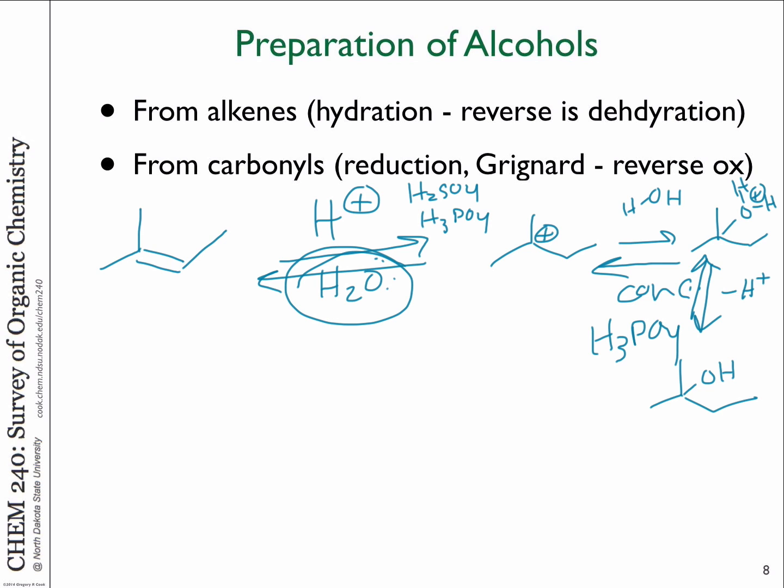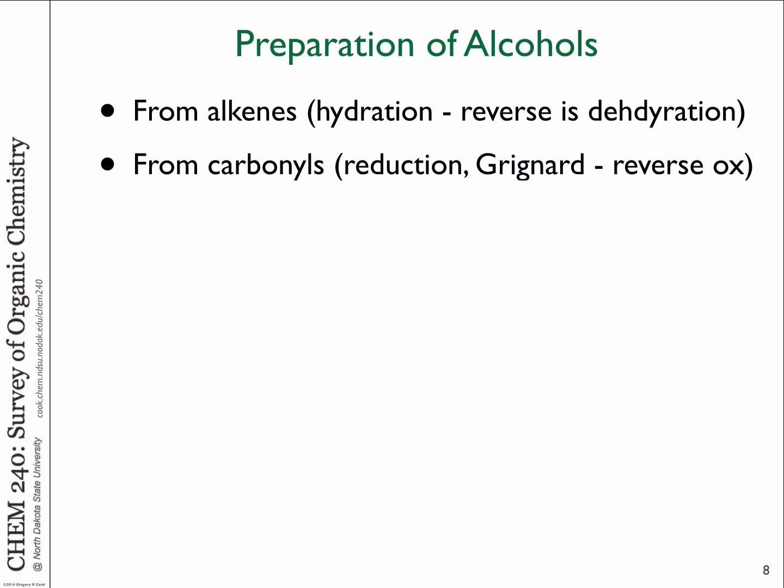Okay, so that's one way to make alcohols. The other way we can make alcohols is by starting from a carbonyl compound, like an aldehyde or a ketone, and adding some nucleophile. We can add a hydrogen nucleophile, an H-,